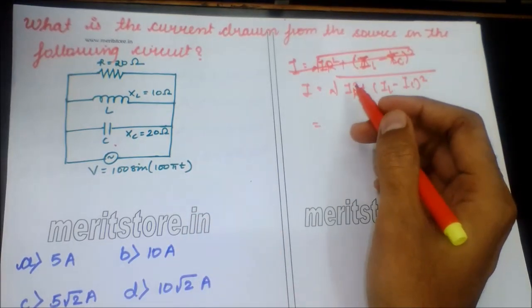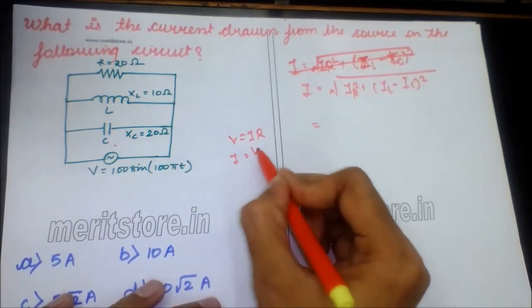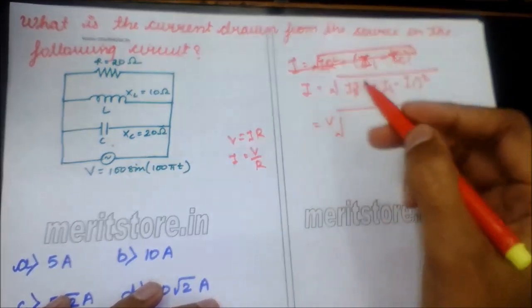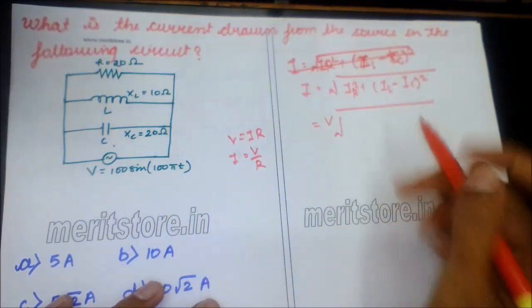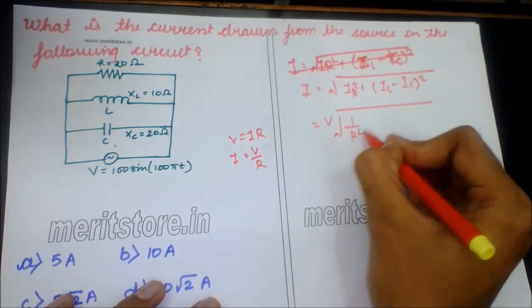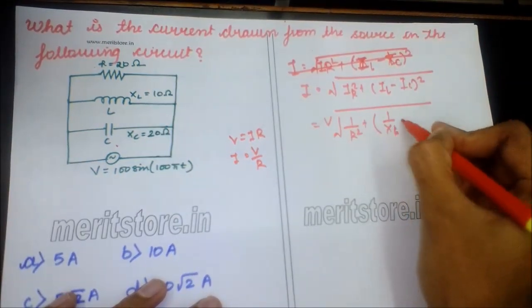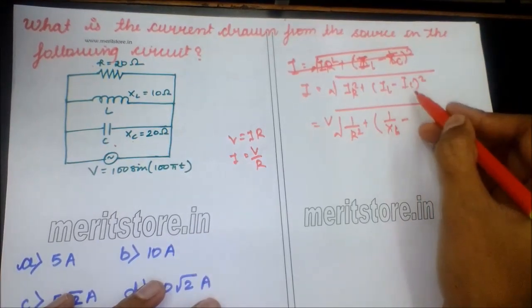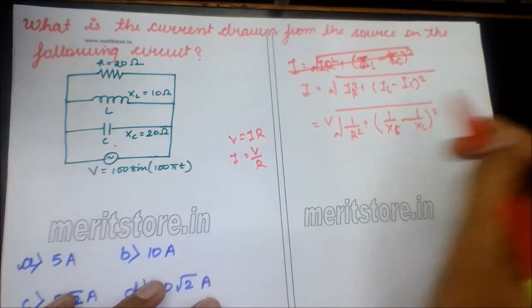Now we apply the values. With V equals IR, by Ohm's law, I equals V upon R. Here all the three V's are removed, so what remains is the resistance. Because we have only the reactance and the resistance given, it will be 1 upon R square plus (1 upon XL minus 1 upon XC), which is reversed, so 1 upon XC minus 1 upon XL, the whole square.